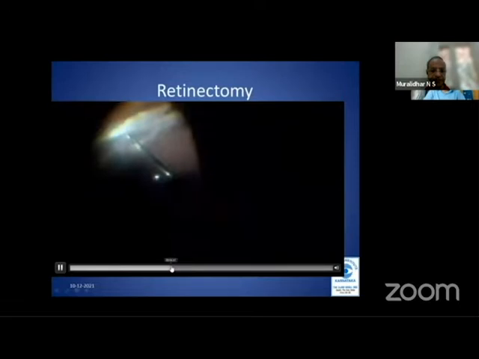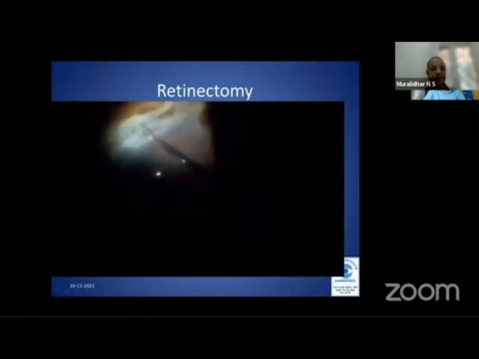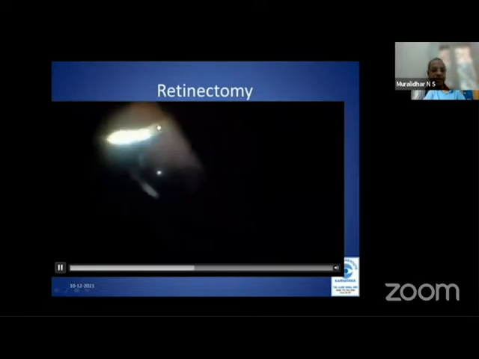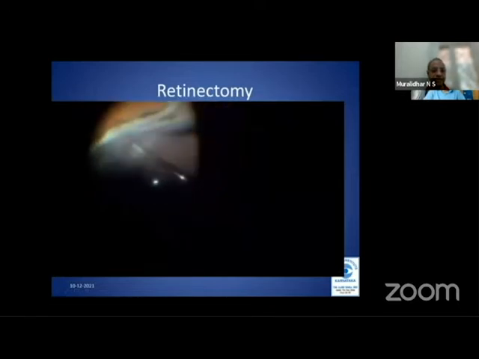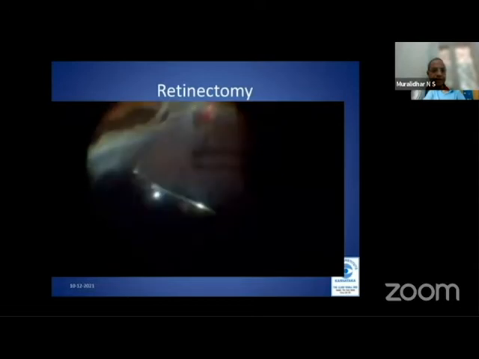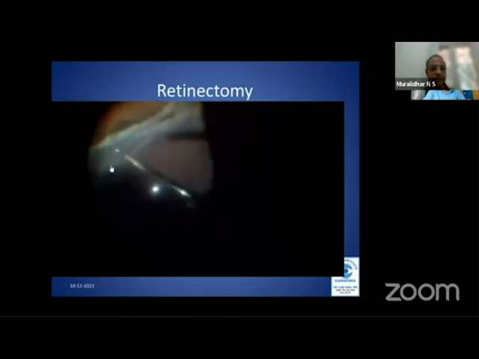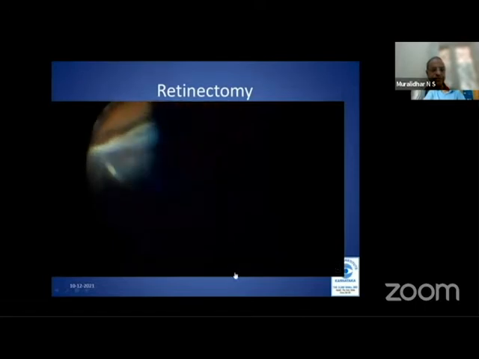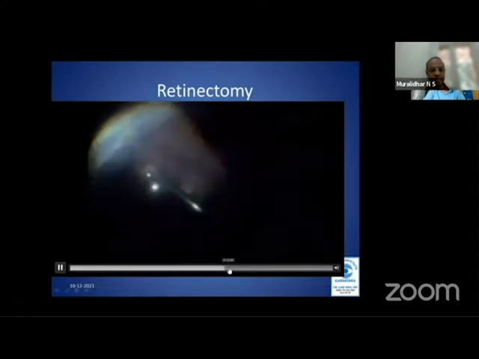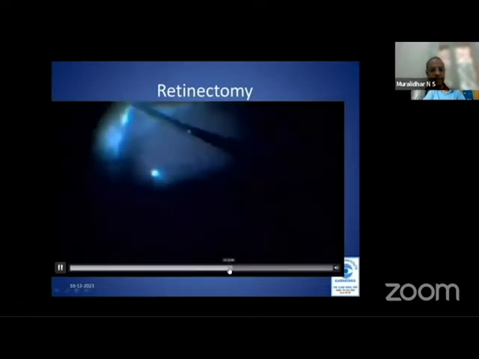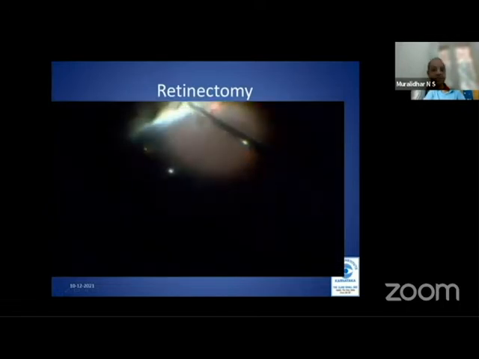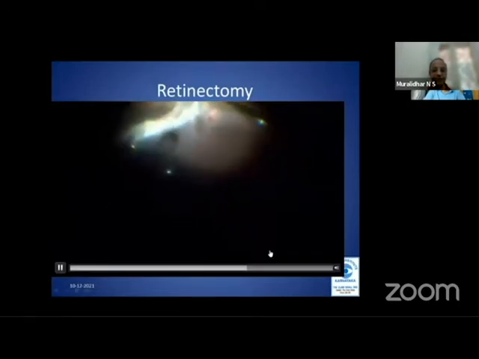Here the peripheral membrane proliferation was thin and wispy, and I have put PFCL to stabilize the posterior retina. The membrane was not easy to detach from the mobile retina. At one point we decided that this retina is too stiff and it is difficult to peel all the membranes and make it less stiff, and therefore we decided to do a relaxing retinotomy and retinectomy. I am doing diathermy to the area of retinotomy, and once diathermy is done, the anterior part of